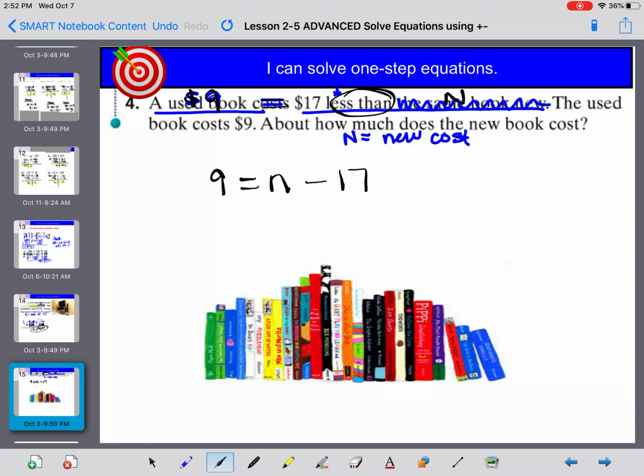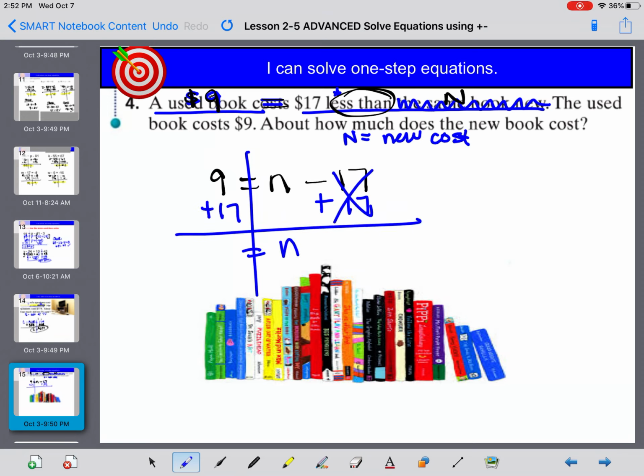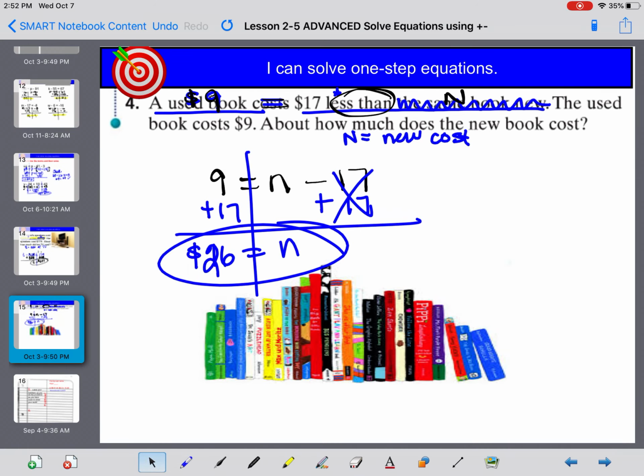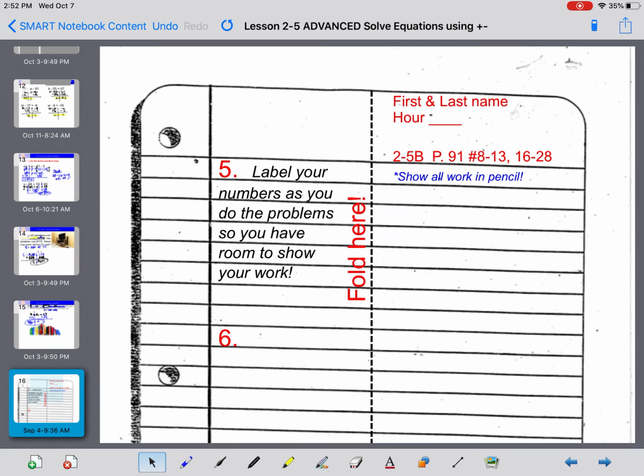Isn't that $17 less than N? Then, draw your line down your equal sign. Use inverse operations to find out the cost of the book. Oops, did I say 16? I meant 26. $26. All right, give your homework